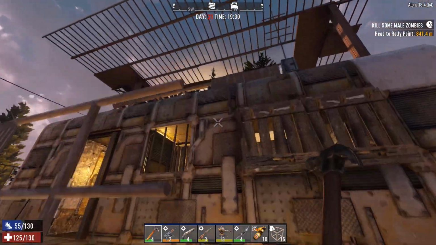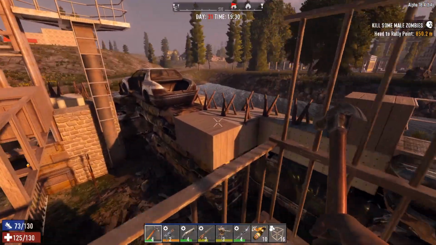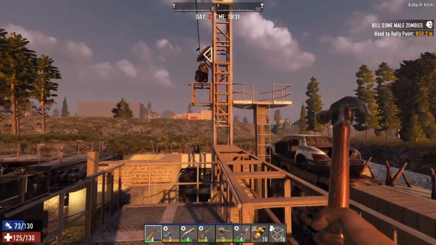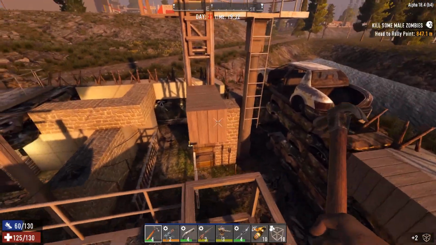So let's go take a look from the top. This is all reinforced concrete now. I closed this off so no jumping over, hopefully. We can still get to our tower, but I can pull that back. I might as well just do this so that...